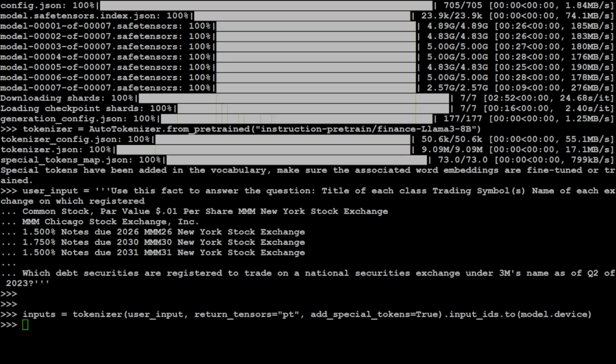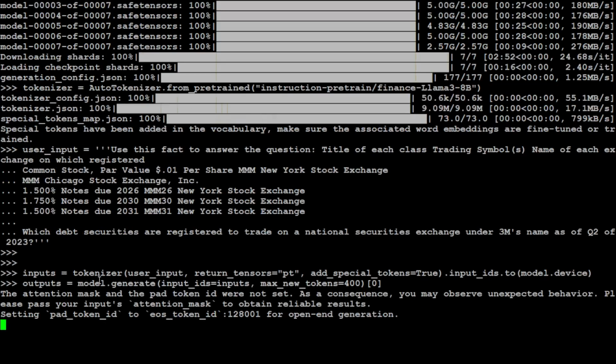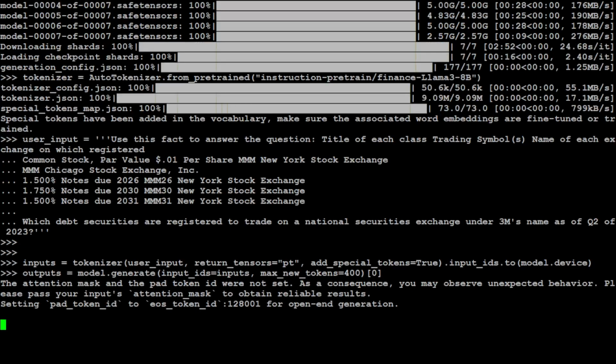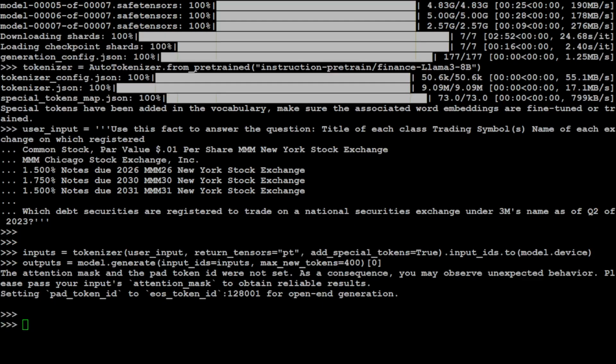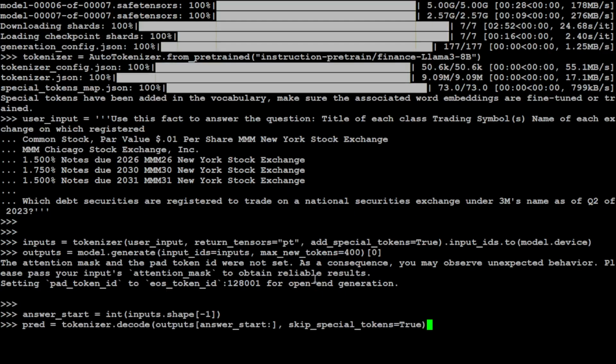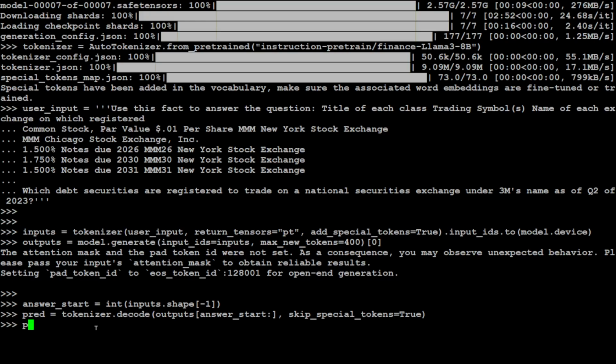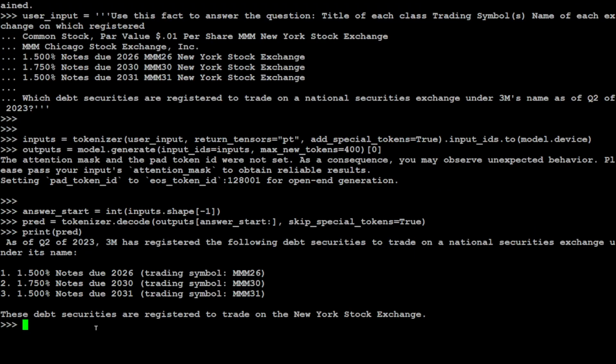It has been converted into the tokens, and now let's generate the output from the model by calling the generate function. Let's wait for it. It shouldn't take too long because the model is loaded onto our GPU. And the model has returned, and now you can get the prediction. Let's print it out by just printing it, and there you go. So this is your answer,